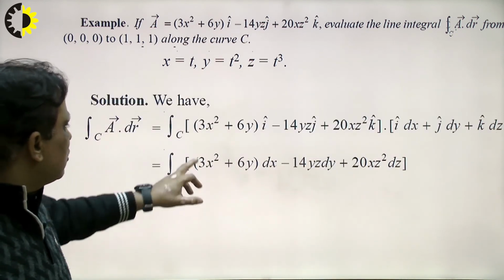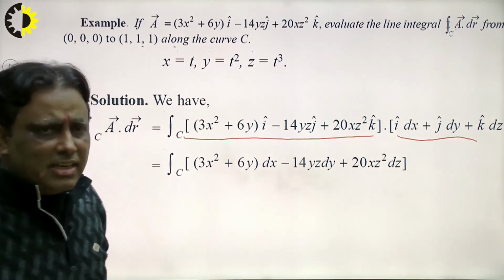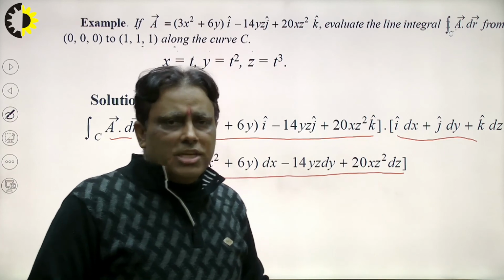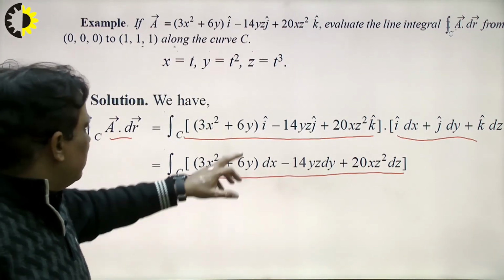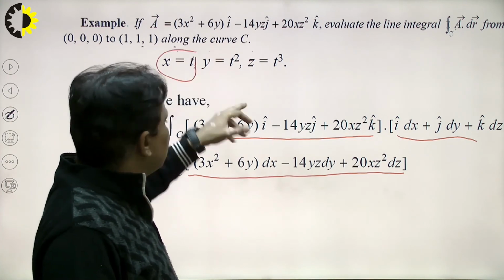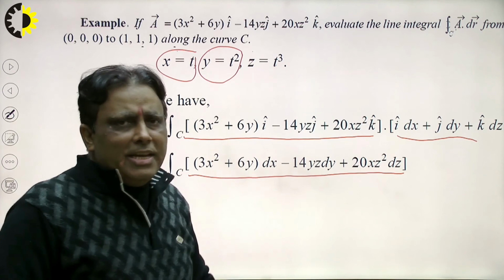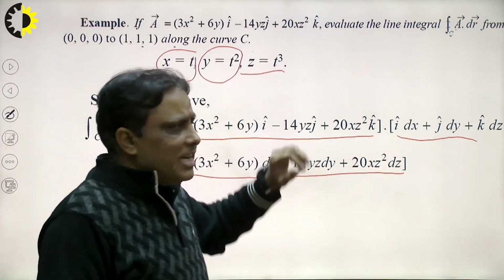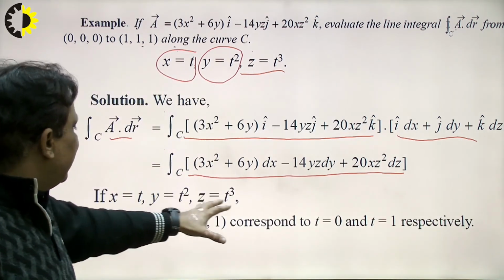So this is the third problem, and it is based on the parametric curve. So how to calculate with a parametric curve? First of all we calculate A dot dr, in the place of A maybe any vector. We calculate the result of this: i dot i, j dot j, and k dot k. We put the values of x y z here, right? Suppose we put x is equal to t, so dx is equal to dt. We put y is equal to t square, so dy is equal to 2t dt. In the same way, dz is 3 t square dt, right? And the value of t will be calculated here.